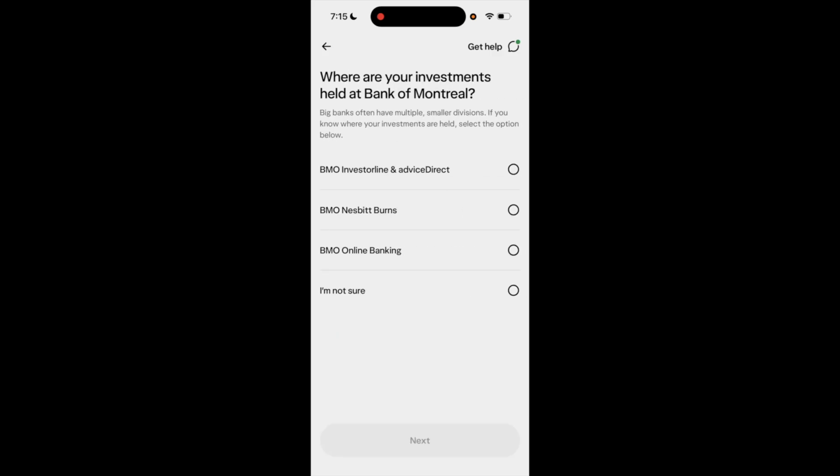Once you're here, you can answer the question, where are your investments held at Bank of Montreal? So there are different options here: BMO InvestorLine or Advice Direct, BMO Nesbitt Burns, BMO Online Banking, I'm not sure. I'm just going to go ahead and press the top one for an example, then press on